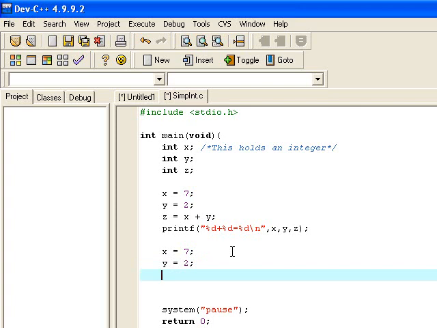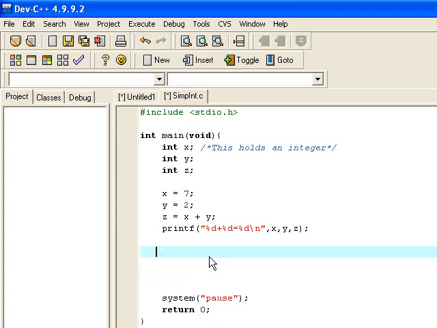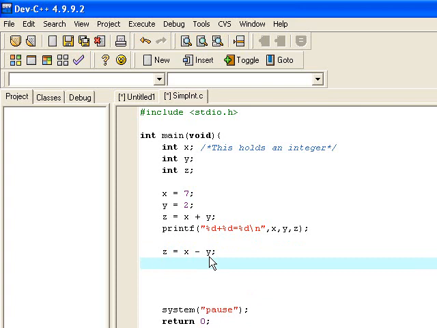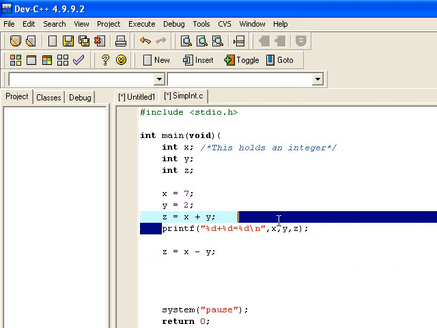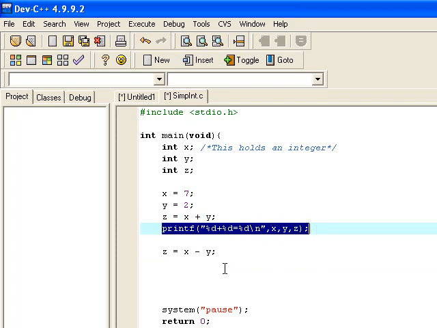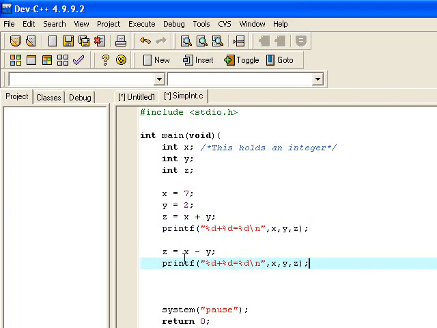So on. Okay, there's no need to redo those. If you're not changing the value of them, there's no need to rewrite them. The only one that's going to change in value here is the z, so that's going to say z is assigned x minus y this time. And again, no need to come up with new variable names or write a new program. All we do is literally copy our printf here, paste it down here, and change our plus to a minus,